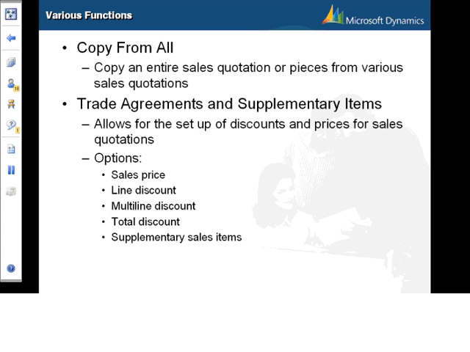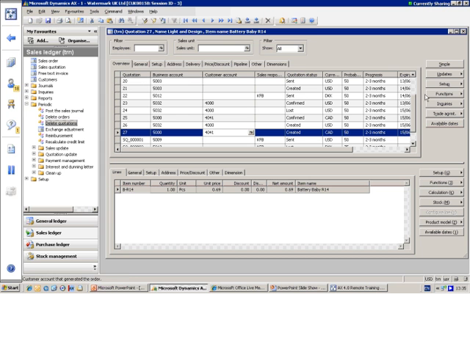So various functions. First is copy from all. The copy from all feature is a time-saving feature as it prevents you from entering all sales quotation information from scratch. The copy from all feature lets you copy the whole quotation or specific pieces of different quotations. The copy from all feature copies the same information as in sales orders, but only from other sales quotations. The option is accessed from the Functions button,